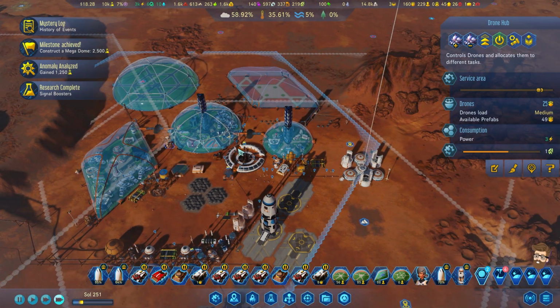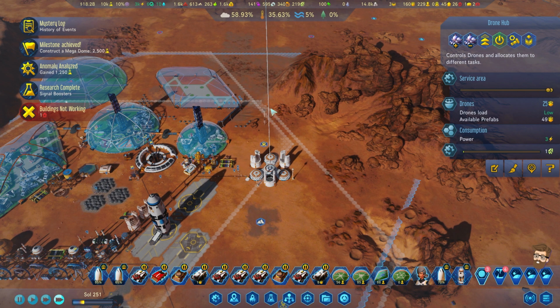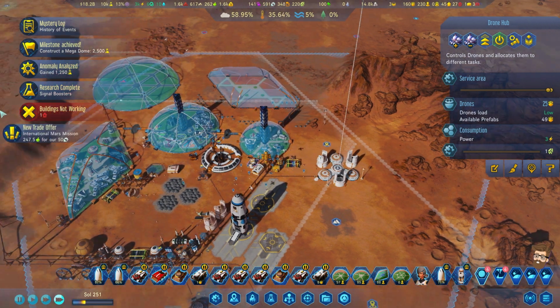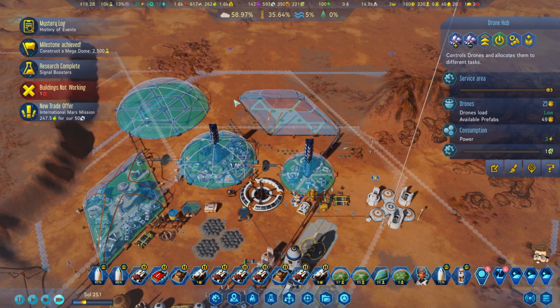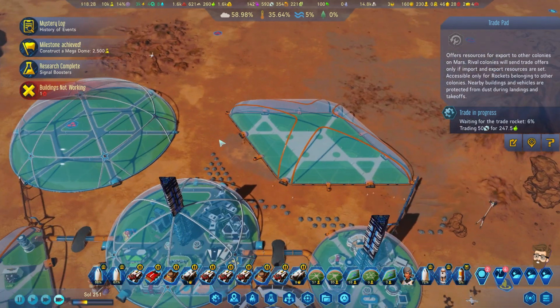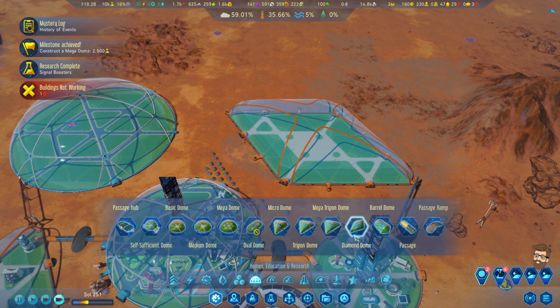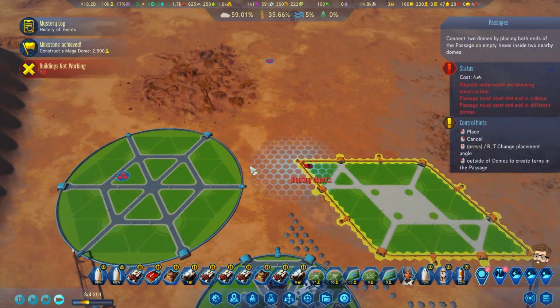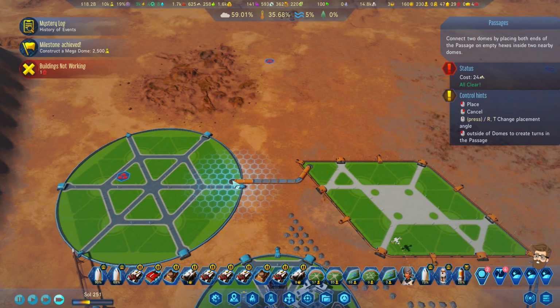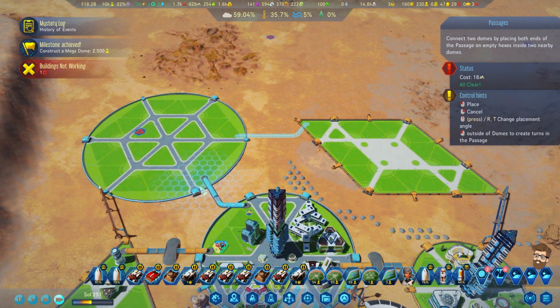It also kind of makes some of them redundant. Like this drone hub that's way over here is a little redundant now, because this drone hub almost reaches all of this stuff over here. But it also means I don't have to put down more. I don't have to put down an extra drone hub over here. Let's go ahead and put these passages down though while we're here. We're going to connect this over to... Yeah, I'll do it like that. And over here...